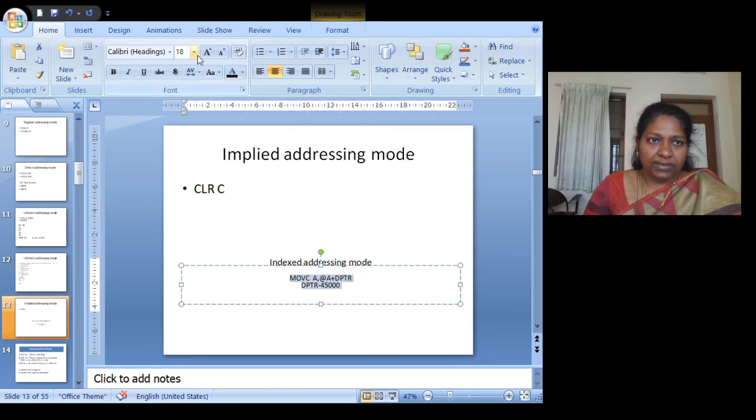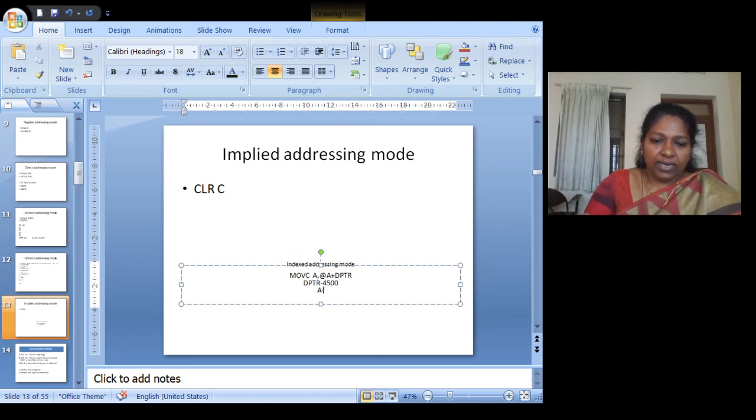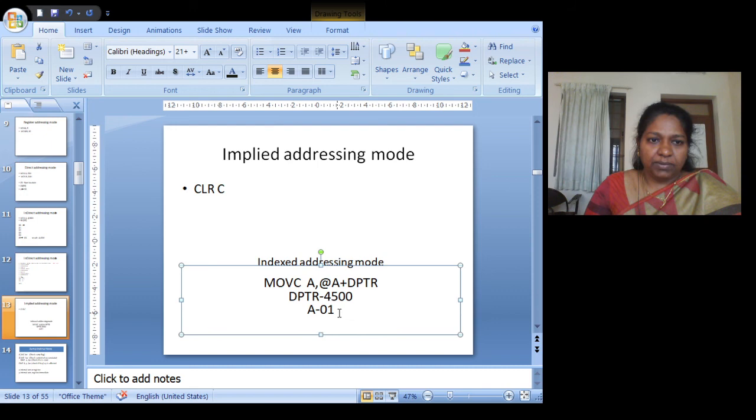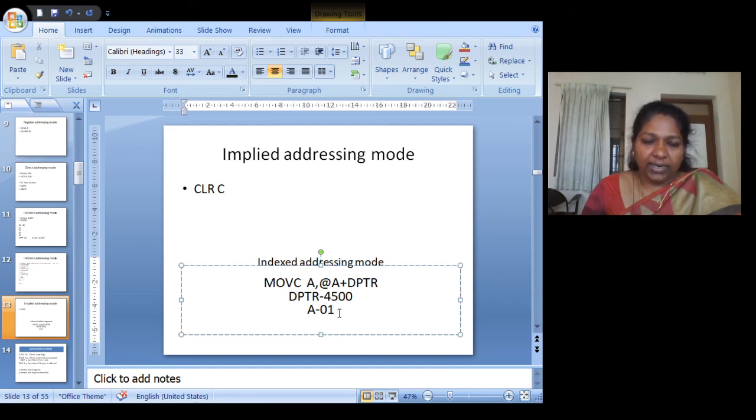when I apply this instruction, we'll see what happens. Now 4500 is the address. Now A has a value of 01, I'm assuming. As per the instruction, it has to move a value to A from the location A plus DPTR.